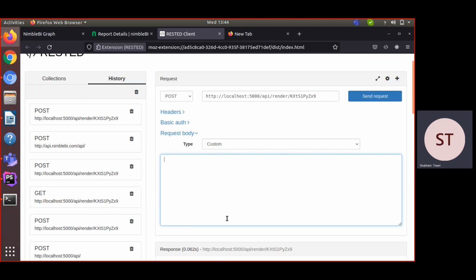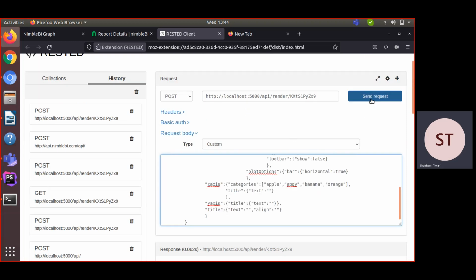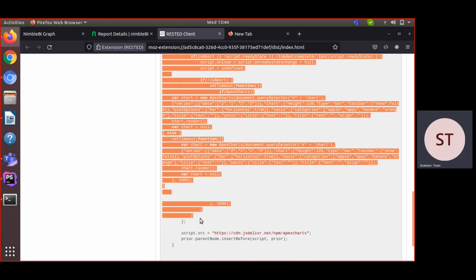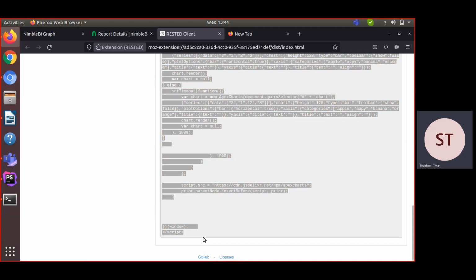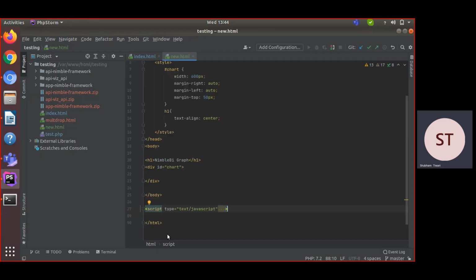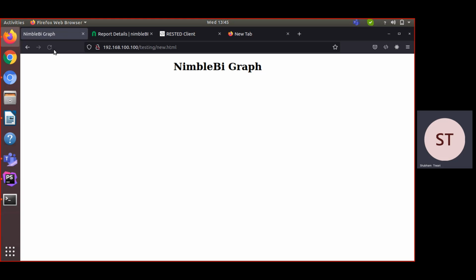First clear all JSON data and now submit the request and copy your JavaScript response, and after copying paste it here. Okay, so paste it here and refresh your page.